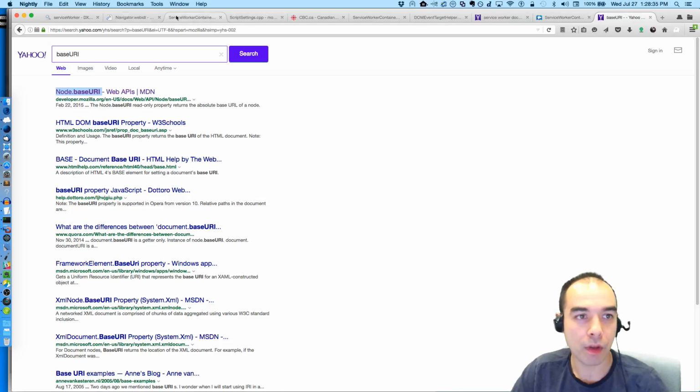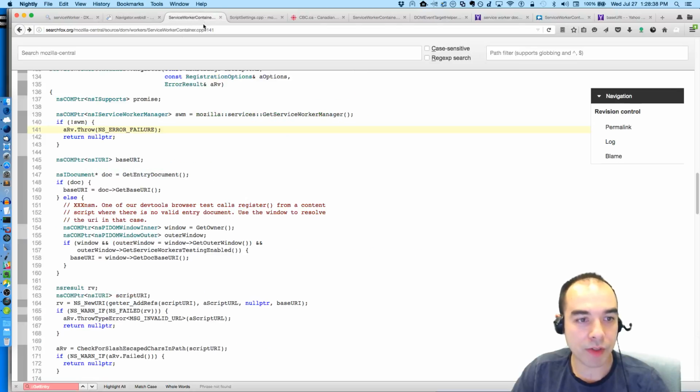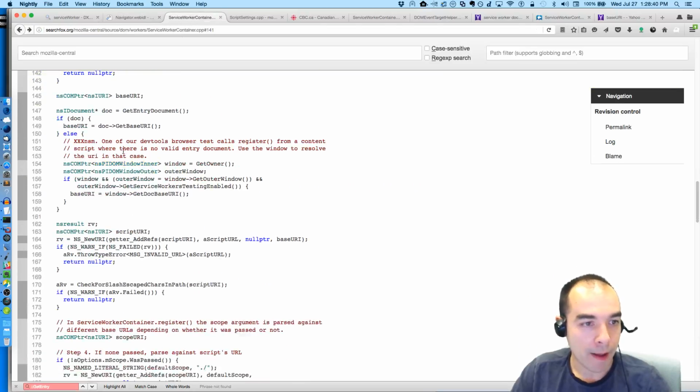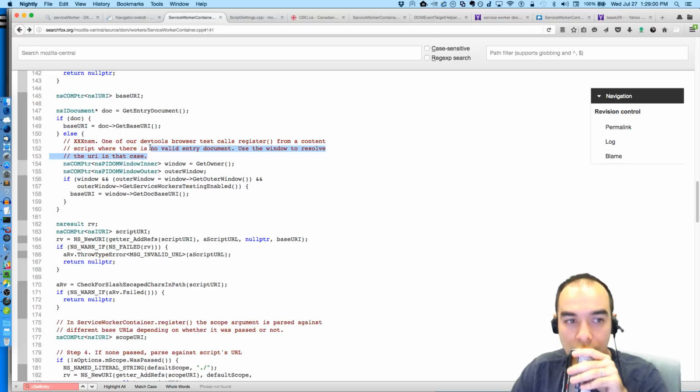Okay. So we get at the base URL. Sorry, we're going back here. And if we can't find the document, what do we do? Because we get the base URI here, but if we can't find the document, then there's this comment here: one of our DevTools browser tests calls register from a content script where there is no valid entry document. We use the window to resolve the URI in that case.